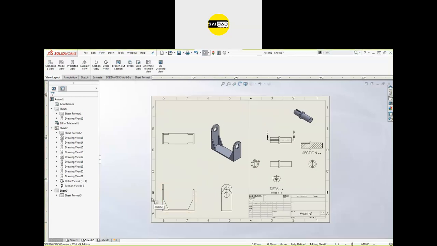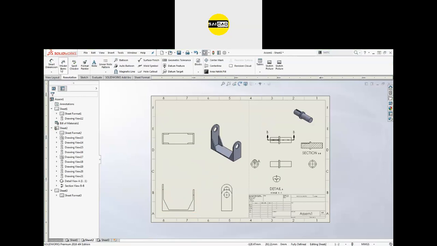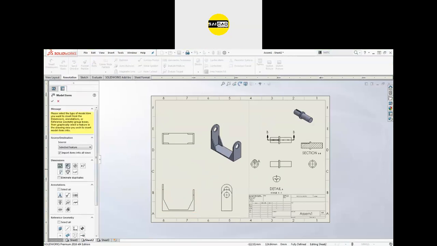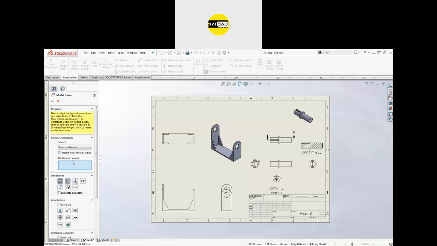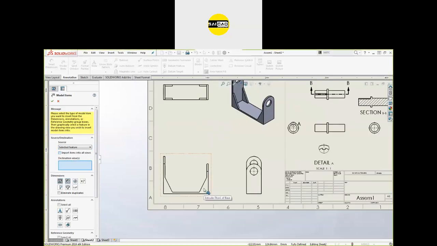The next option is how to define the dimension. So we have the annotations, model items, and now select the first two. Remove this check. I don't want to see the dimension in all the views, I just want to see the dimension here only.